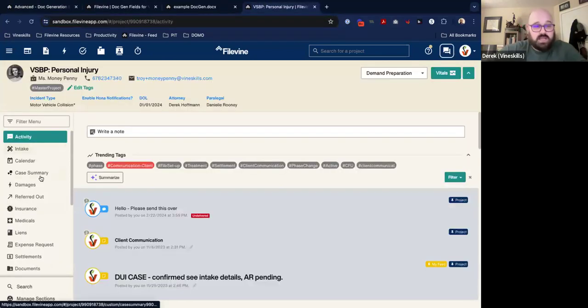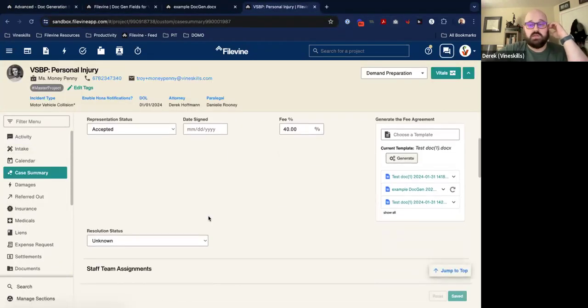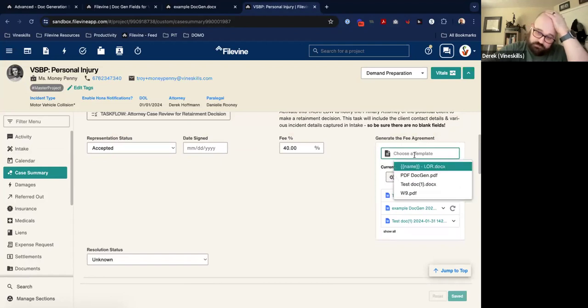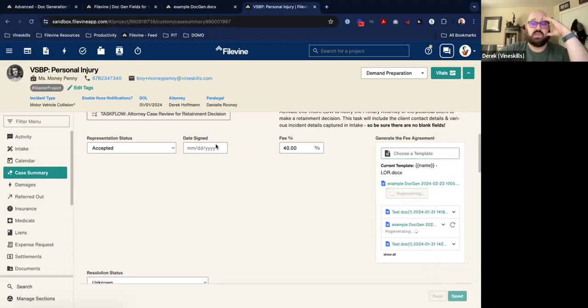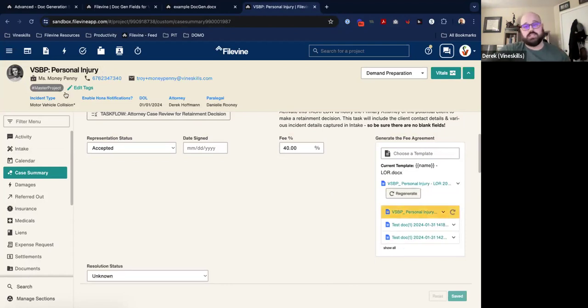It's working now. All right, so I'm just going to come into case summary, where I've gone through and created that document and updated it, and we have the name. I'm just going to give that a quick regeneration, and you can see the effect of it. It should pull in the actual project name. There we go. So we have the Vine Skills best practice personal injury,